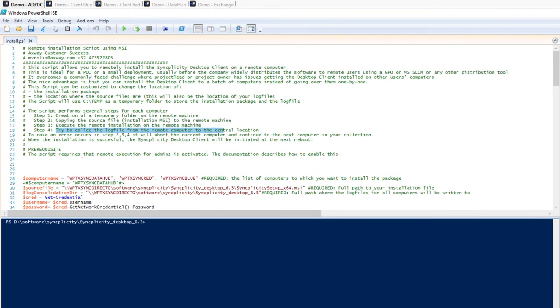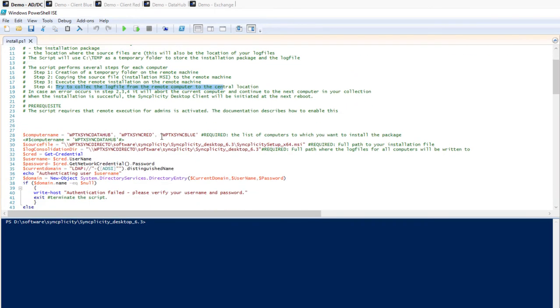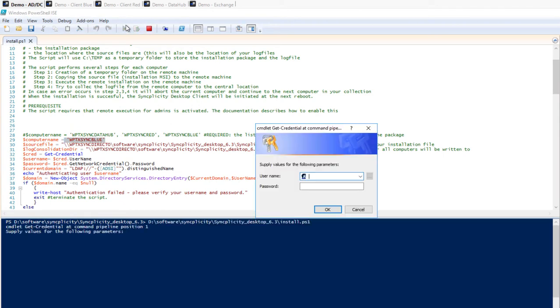So what I will do first is I want to install the software to this computer. It's the computer from Mr. Bob Blue. Let me put that in comment and uncomment that one. In order to get this running, let me execute it. It will ask me for credentials for the installation. And although this is not the domain administrator, I have credentials here that allows me to act as a user that can install the software on that computer.